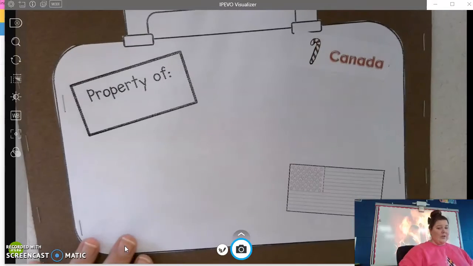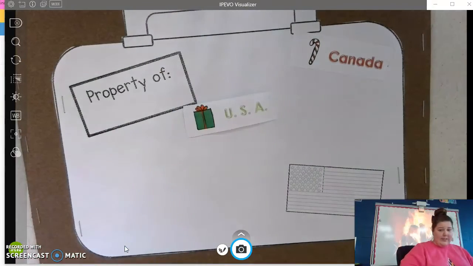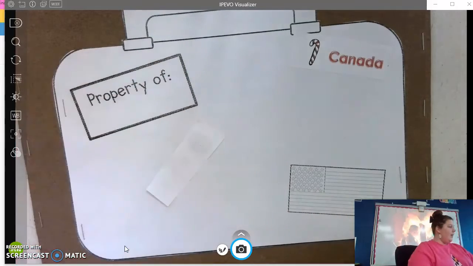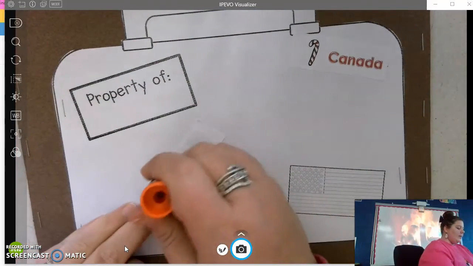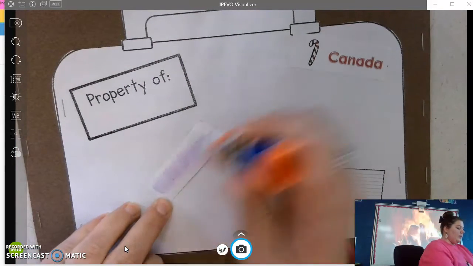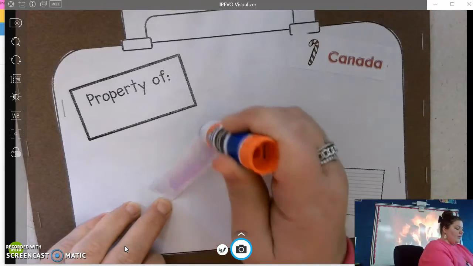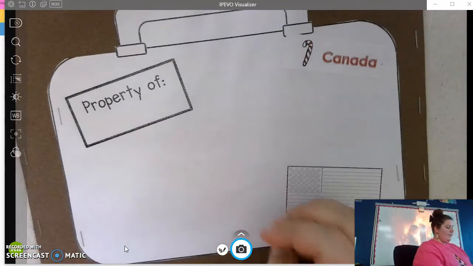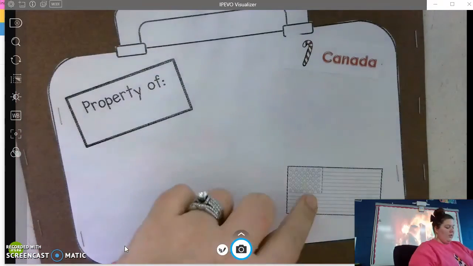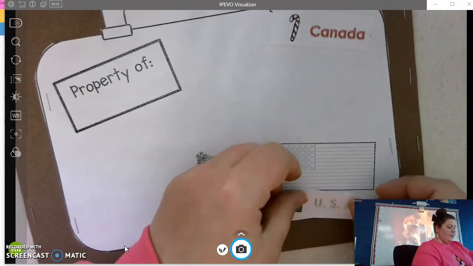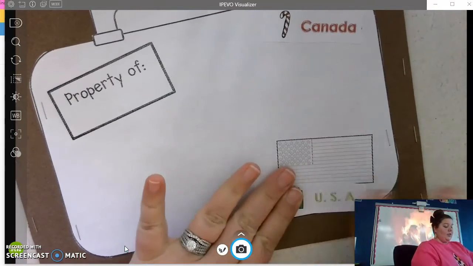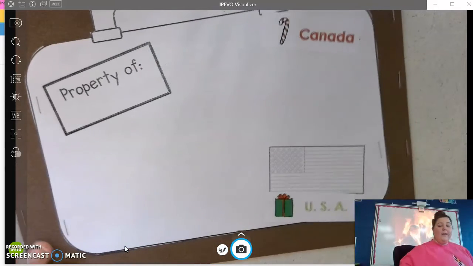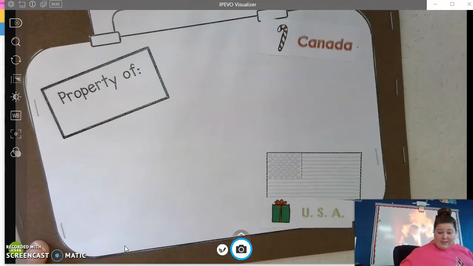The next thing that we're going to do is we're going to get our passport stamp. So here is my suitcase. Here's my stamp. I'm going to put a little glue on the back. I just realized I never wrote my name on my suitcase. How will I ever find it when we get off the train? Whew. All right. I'm from the United States. I'm going to put my sticker by the flag. You can too, or you can put it somewhere else. It does not have to be by the flag. You get to put your sticker wherever you want, okay?